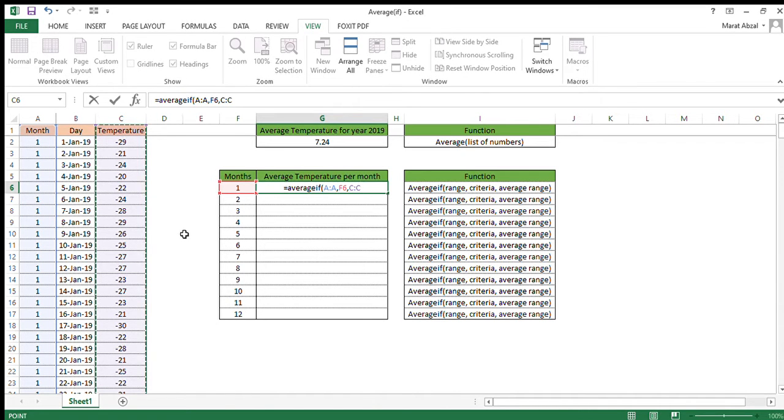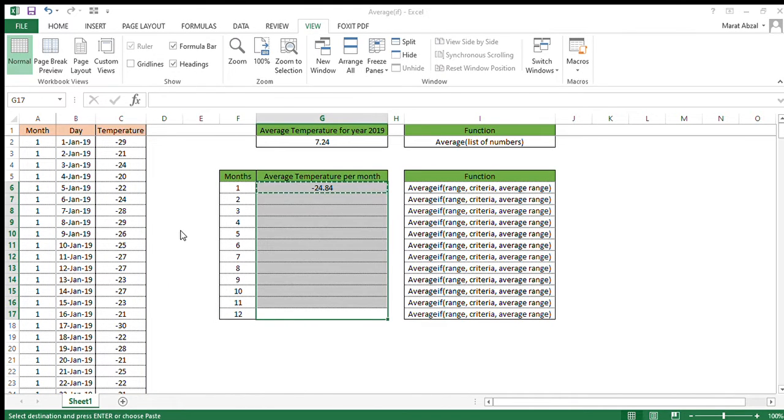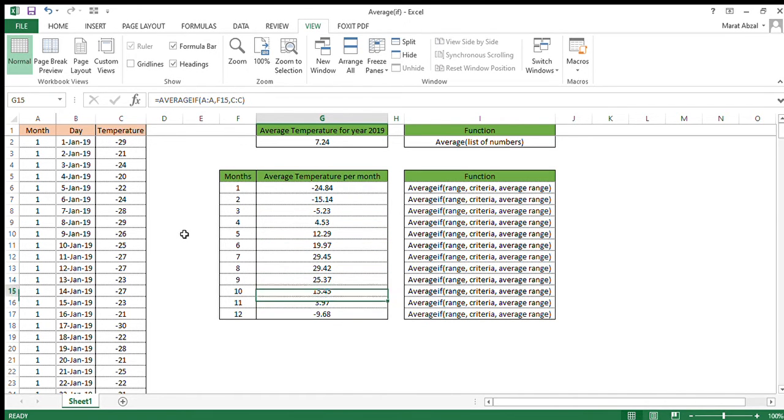want to know the temperature for the first month, so the average range will be the column C. So that's it. Copy paste the formulas to the end. So from the